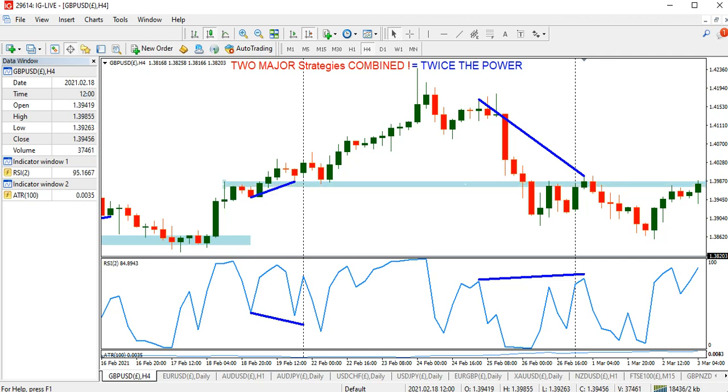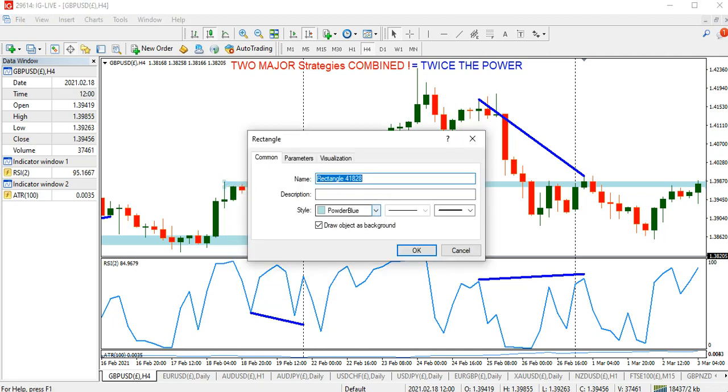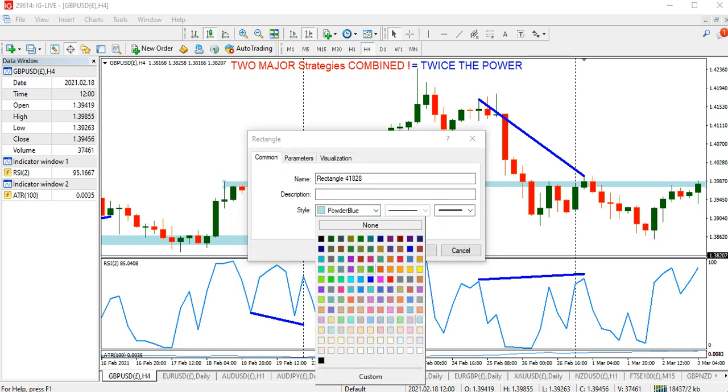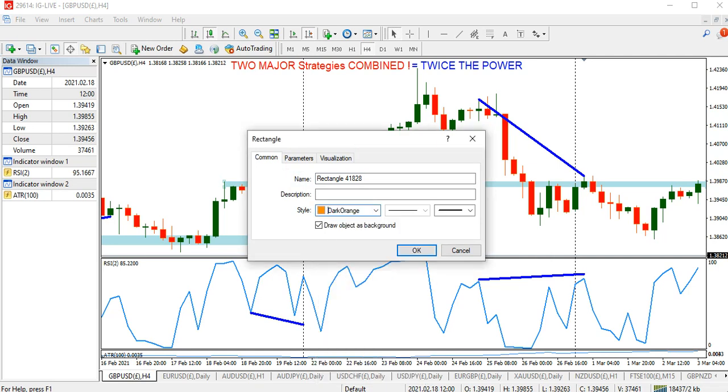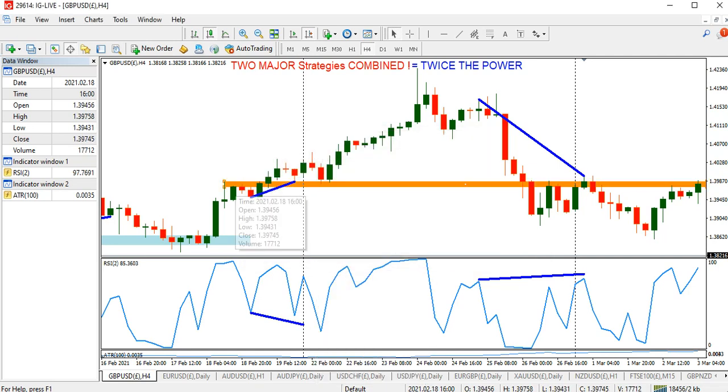If I'm taking it out as far as I can, now I'll just make it a bit bigger. I don't know if you can see this. It might be difficult to see it, so I'm just going to change its color so it's a bit more visible. Let's make it a dark orange. So that makes it much more visible. So now we can see that